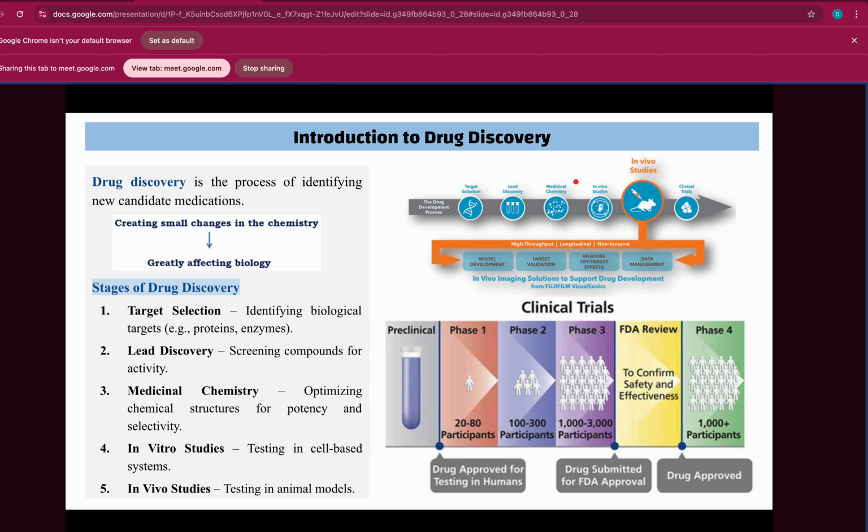its activity is enhanced. Then we perform in vitro studies, where various biochemical assays are performed, such as checking its activity and all other criteria. Then animal models are taken and experiments are performed, so that we can see whether this drug, although it performs its reaction in vitro, is also able to carry out its activity in an organism or not. For that reason we go for the in vivo studies, in which we develop a model,